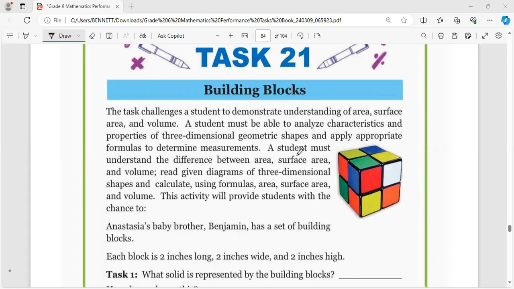Okay, building blocks. The task challenges a student to demonstrate understanding of area, surface area, and volume. A student must be able to analyze characteristics and properties of three-dimensional geometric shapes and apply appropriate formulas to determine measurement. A student must understand the difference between area, surface area, and volume. Read given diagrams of three-dimensional shapes and calculate using formulas, area, surface area, and volume. This activity will provide students with the chance to